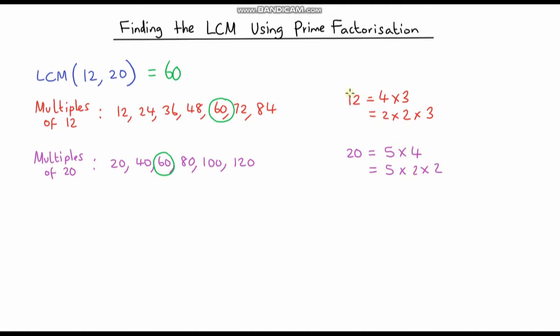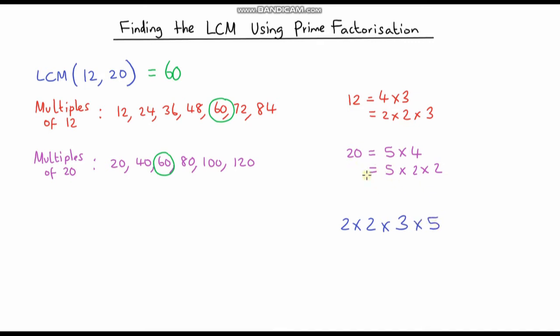Now, in order to be a multiple of 12, it has to have a 2 times 2 times 3. If it doesn't have 2 times 2 times 3 in, then it's not going to be a multiple of 12. So let's write that down. Now, in order to be a multiple of 20, it has to have a 2 times 2 times 5 in. Well, we've already got the 2 times 2. The only thing we're missing is the 5, so we need to multiply that on,